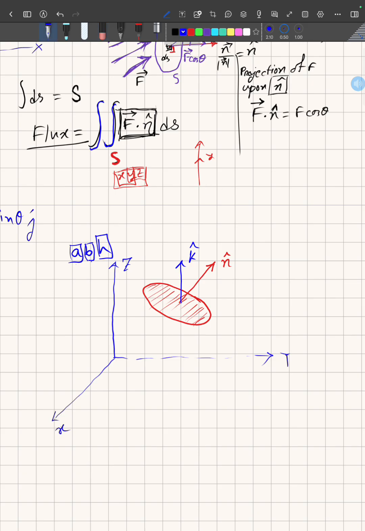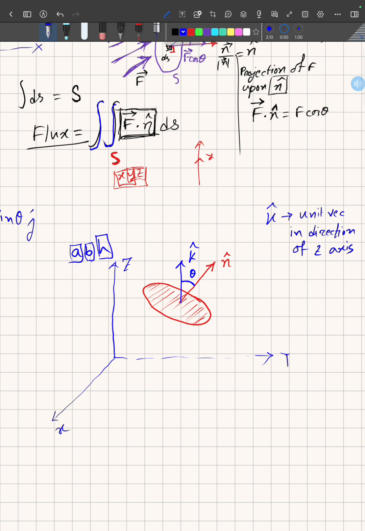So k cap. What is k cap? K cap here is a unit vector in the direction of the z-axis. Okay. So how do we need that? Let's just say that this is with angle theta. So if I want to calculate the flux actually,